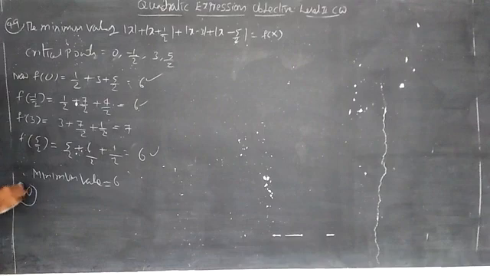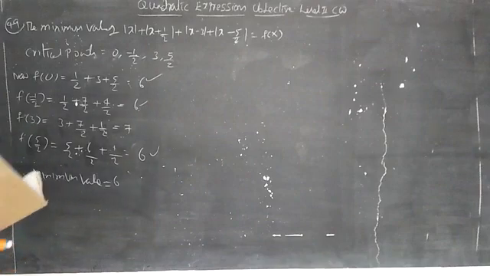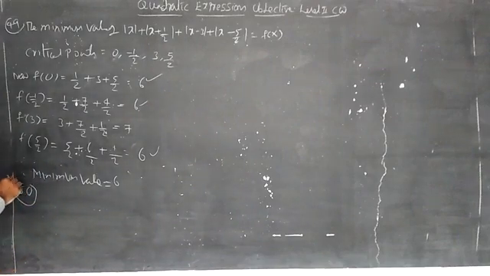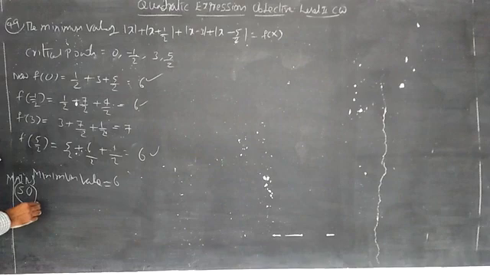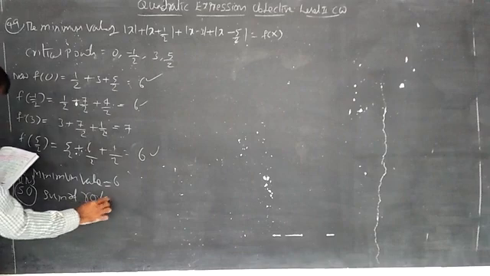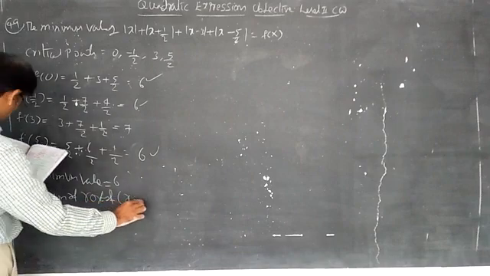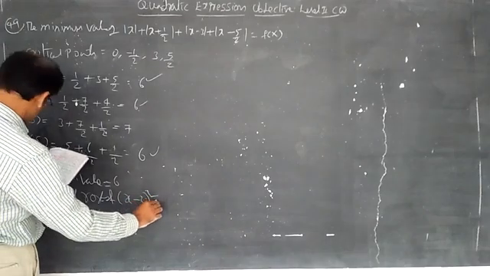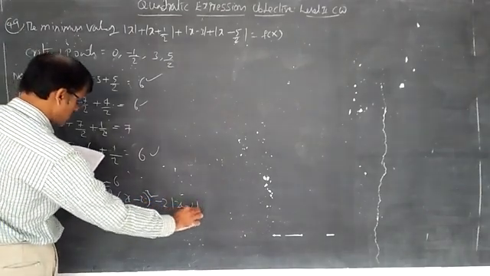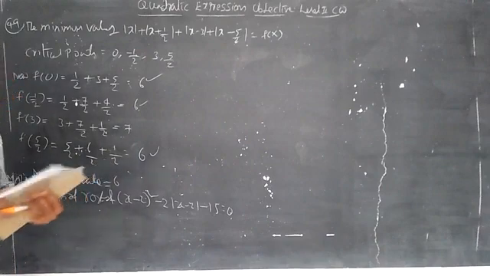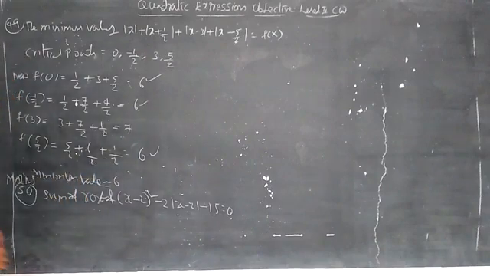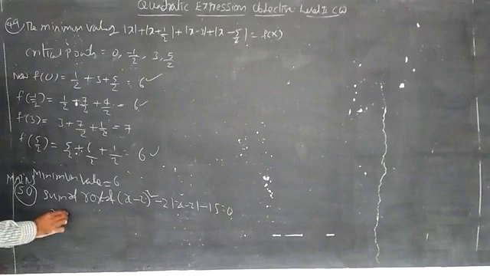Now 50th question. Sum of roots of equation. It is also a mains concept. All are mains questions. Sum of roots of x minus 2 whole square minus 2 into modulus of x minus 2 minus 15 equal to 0. It is an important concept